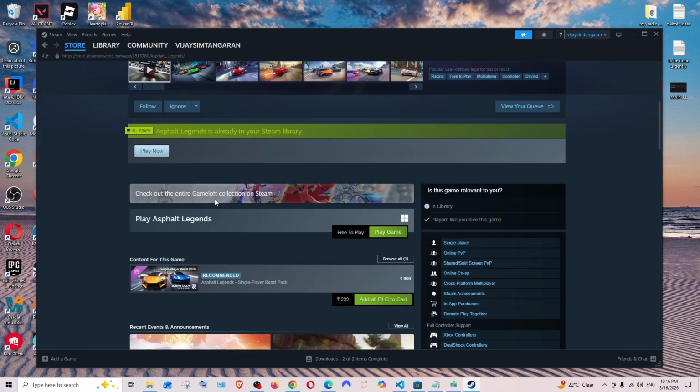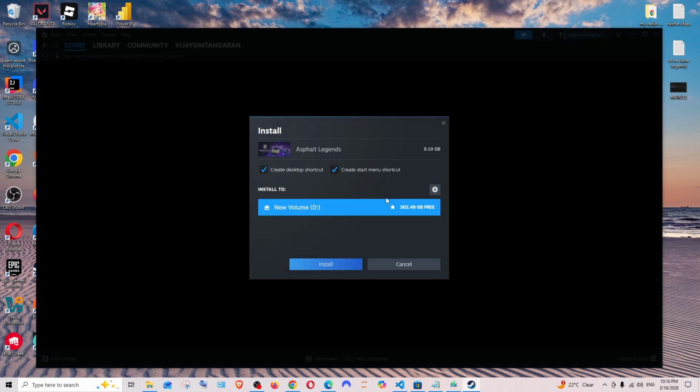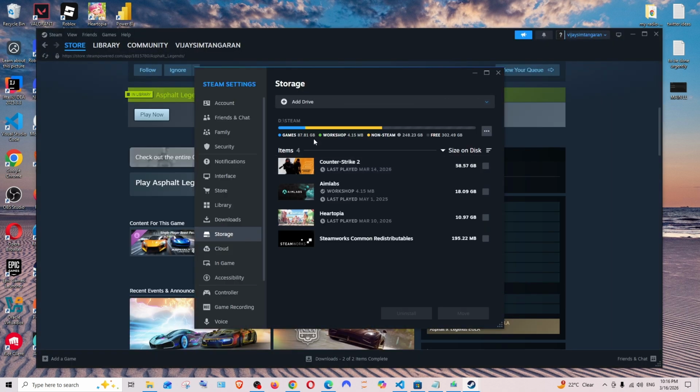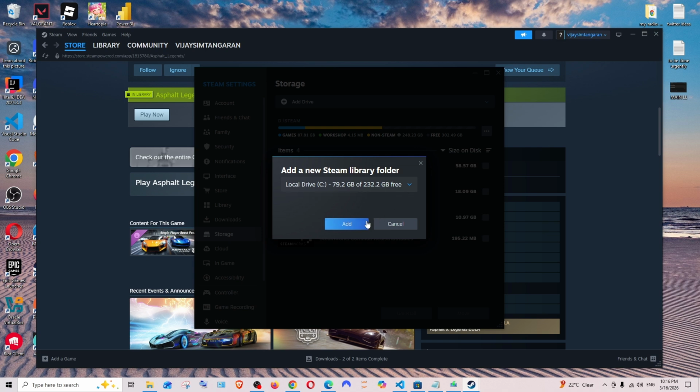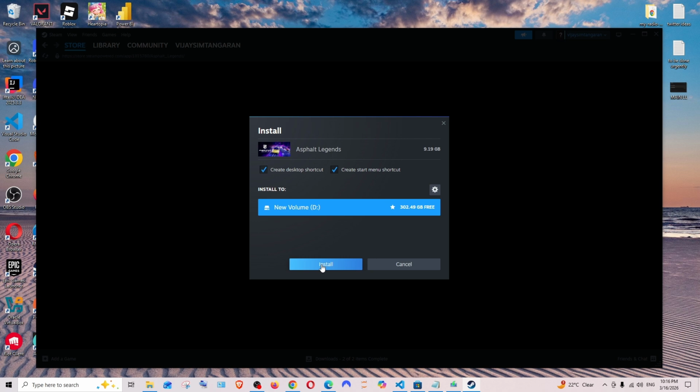and if you scroll down we will be having play game. Select that, and this is fine desktop shortcut, and this is going to be the drive where it's going to get installed. If you want to change it, click on manage storage, and you can add a new drive for this to get installed. I am fine with the older one, so I will just go and select install,